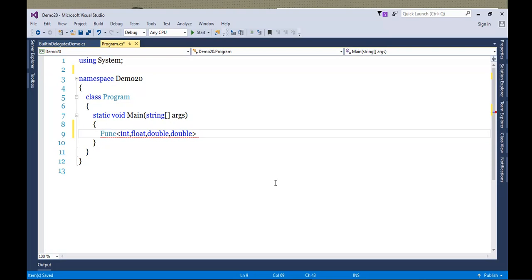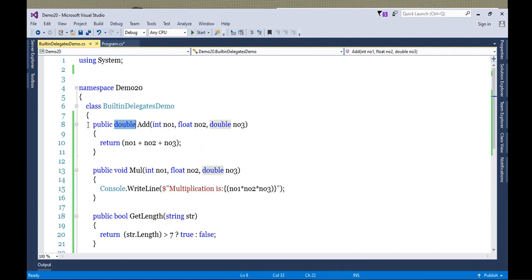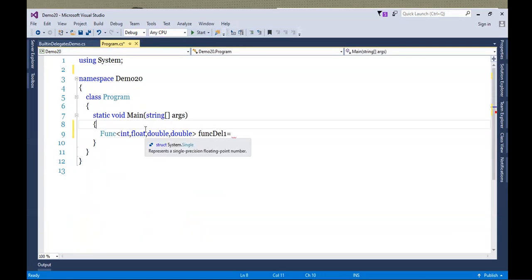So Func, this one. Then go ahead and create a reference for this. What I will do: delegate1 equals to. Now what are we going to assign to this? This Add method I am going to assign. Now how am I going to assign this Add method? Using a reference of this class. So first let's do that.